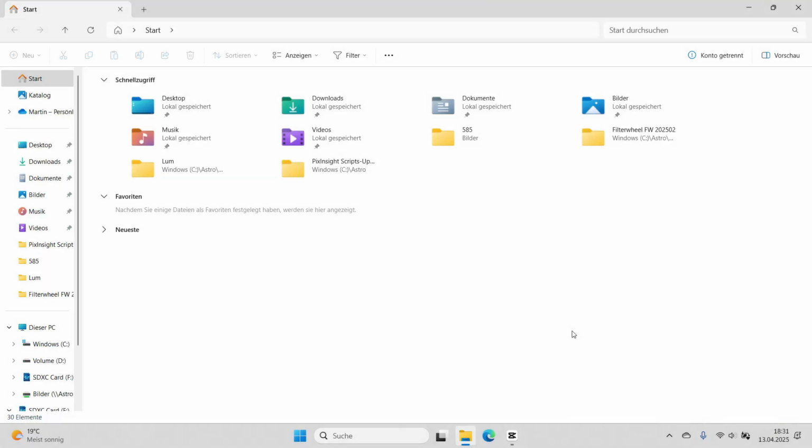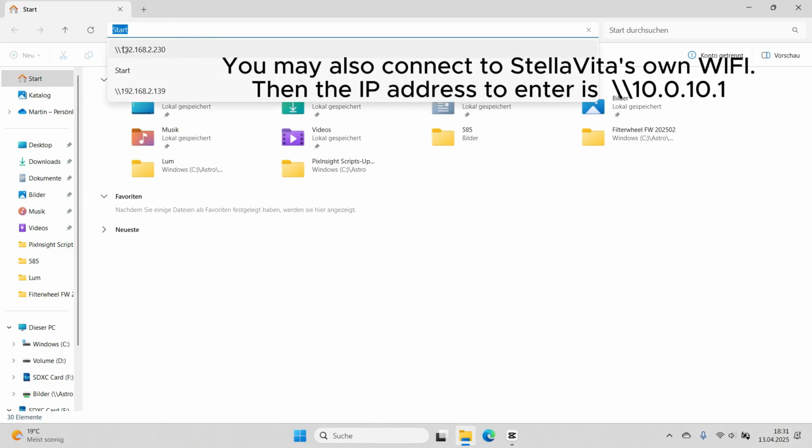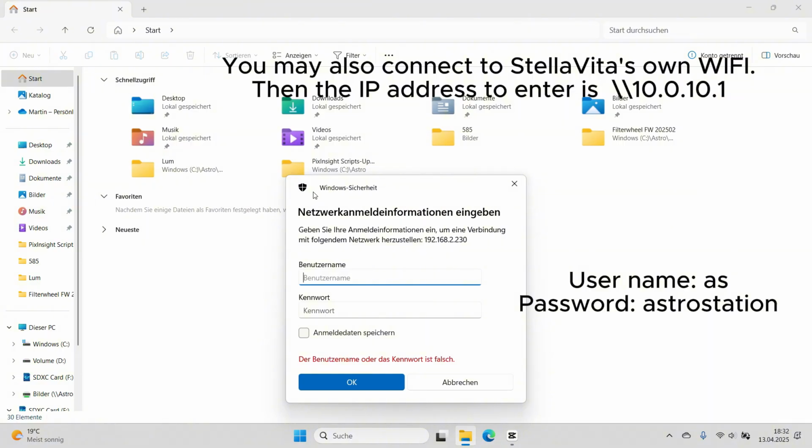So here we are on my PC. We know the IP address from StellaVita in my home network. So what you have to do is you open the file browser, then the address bar, you are typing the address preceding two backslashes, so backslash backslash, and then the IP address. I already used it, so I can just click it, and then